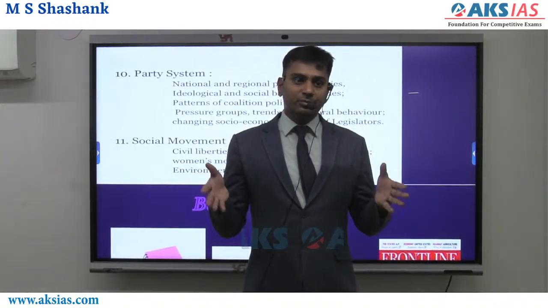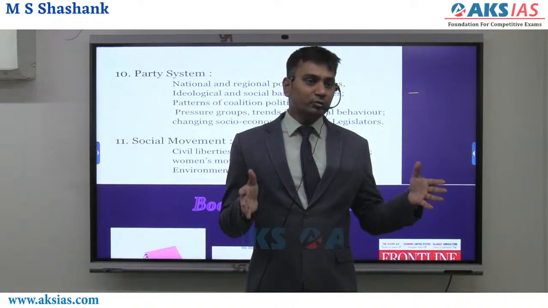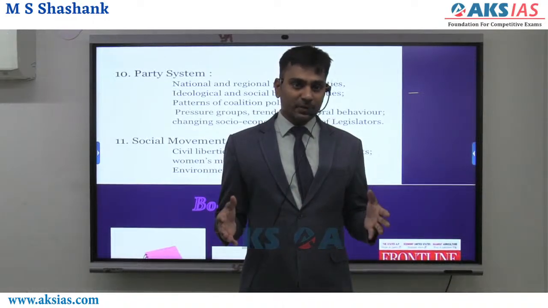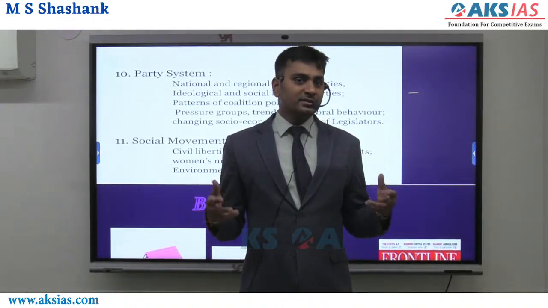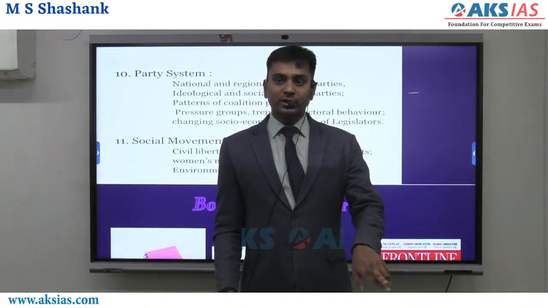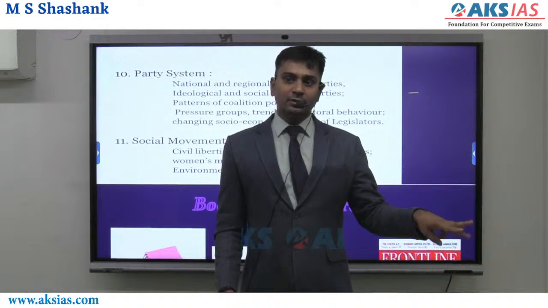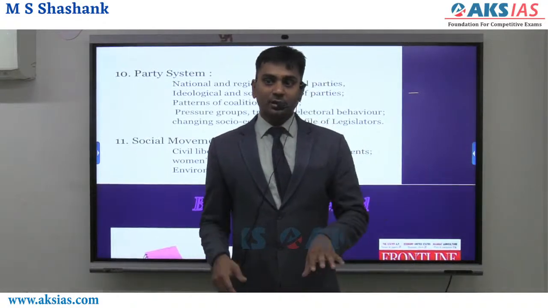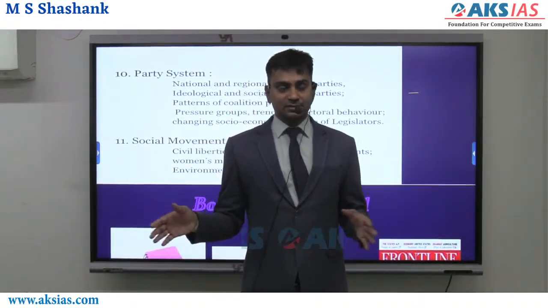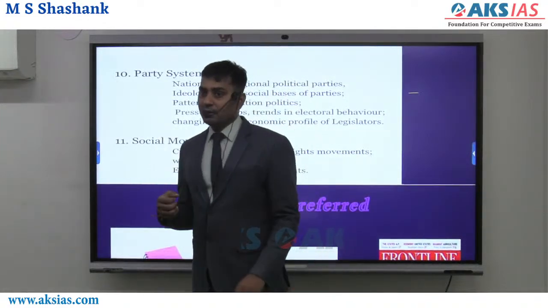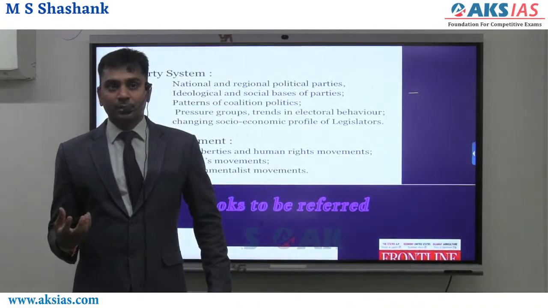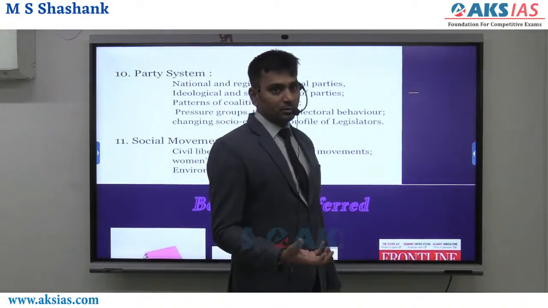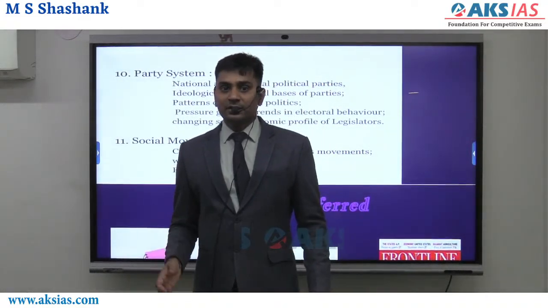Coalition politics continued even during the times of Atal Bihari Vajpayee until 2003. Then comes Dr. Manmohan Singh's first government, where UPA 1 had the largest majority. As a result, there was no coalition, but UPA 2 again had a coalition. Then after 2014, NDA 1, NDA 2, NDA 3: 1 and 2 are not coalitions, 3 is a coalition. Now, being in a coalition, how has the system functioned? Pattern means this. Having an independent political party at the center, what is the advantage for the government or for this country? What are the policies that they have framed? That will be influenced.